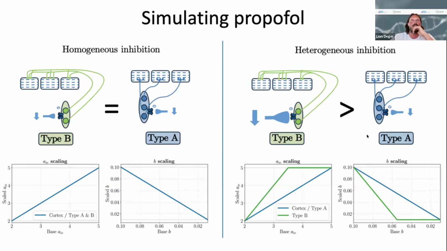And then there's the heterogeneous condition, where we implement the hypothesis that I told you about earlier, which is that there's increased inhibition to the non-specific type B nuclei compared to the rest of the connectome. And this is how we implemented it here. So basically, there's this linear increase in the rest of the connectome, and then there is an increase of inhibition in the type B nuclei.